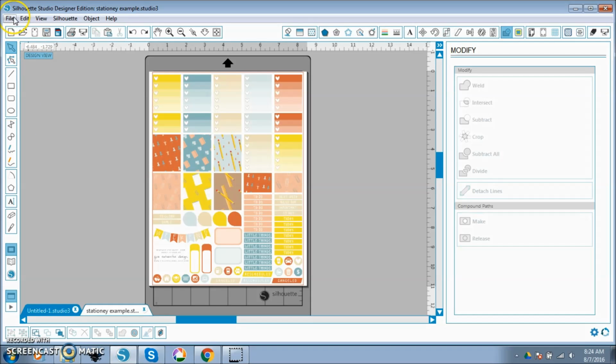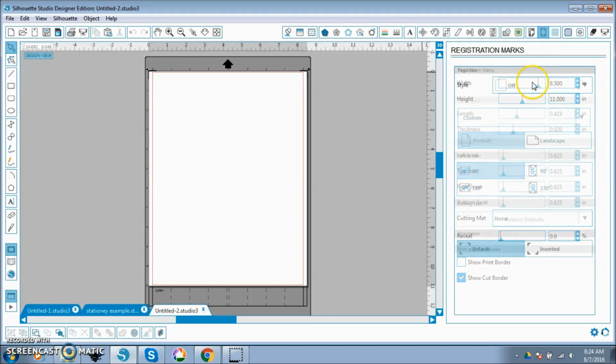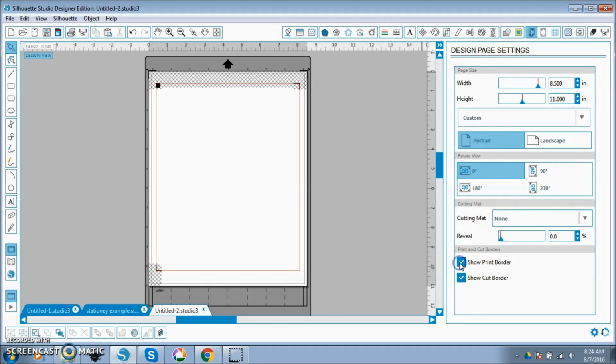So what I like to do is open a new canvas, file, new. I go and I set my registration marks. I like to make the thickness really big, but the length kind of small. I can also stretch out my right inset and my left inset. I also want to bring up the bottom inset a little bit, because if I show the print border on my